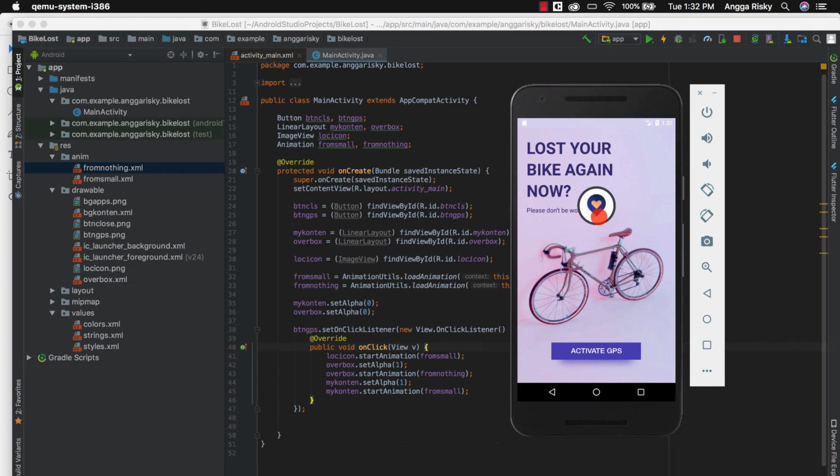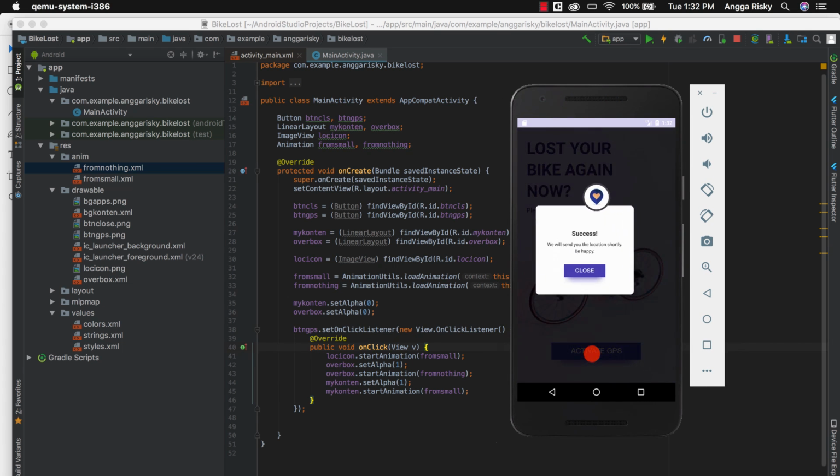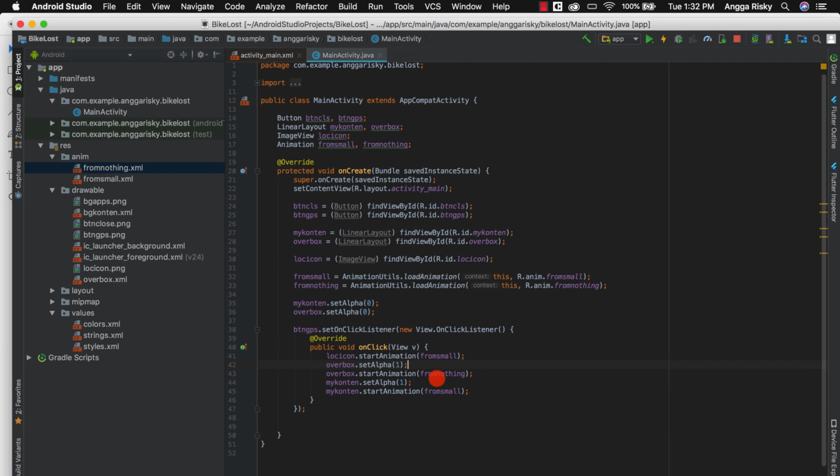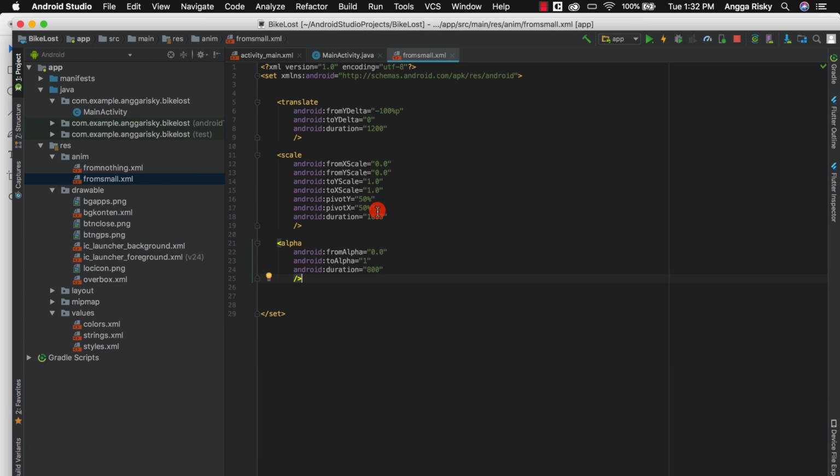If you see, Logicon is still alive. So if we apply, it becomes like this, right? How do we remove that? Actually, first of all we have to make it clearer. So I'm going back to check from small. I think there's something wrong here.